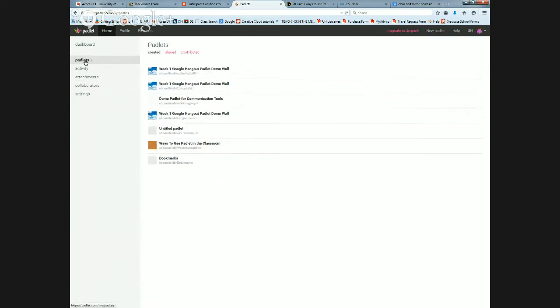Now, the metaphor of a Padlet is a never-ending wall of things that you can post sticky notes to. And on those sticky notes, you can put images, text, links, and videos, and then they're available with almost any internet-ready device. So you can use them on computers and tablets and cell phones,